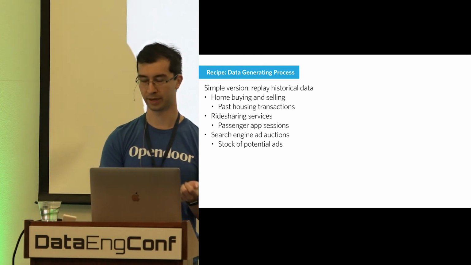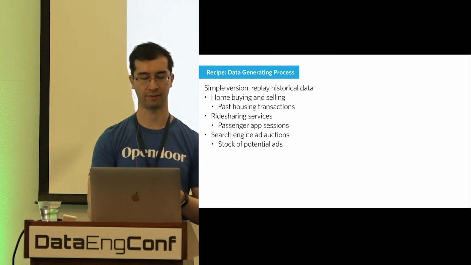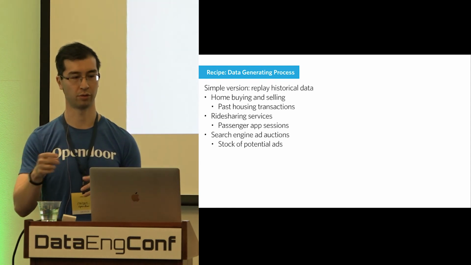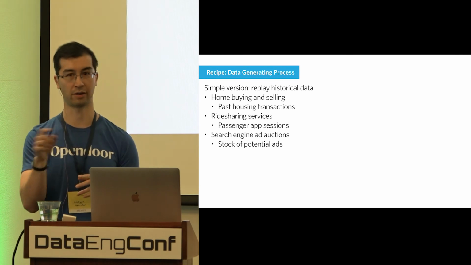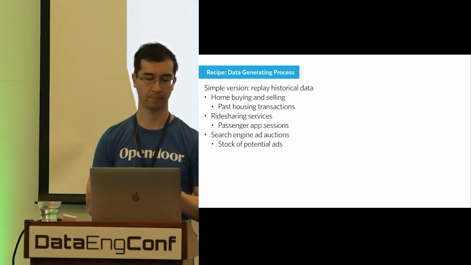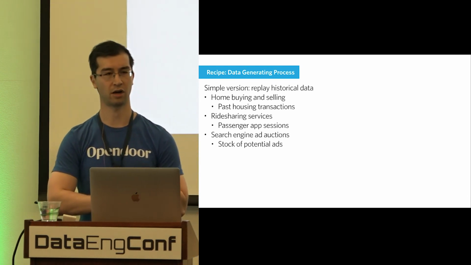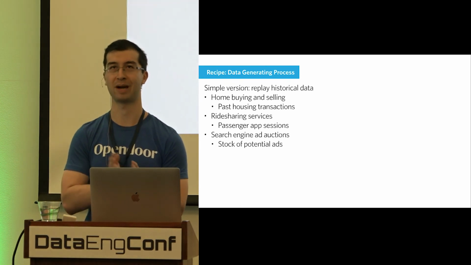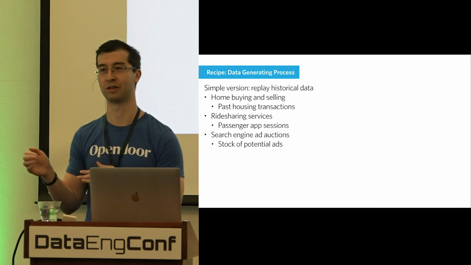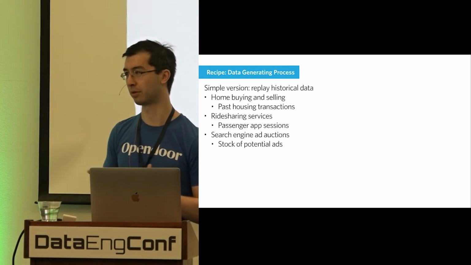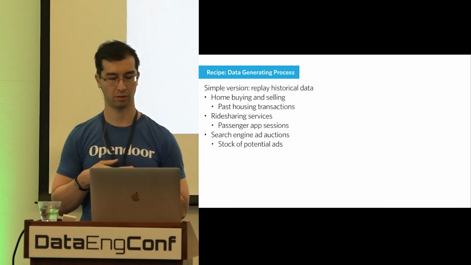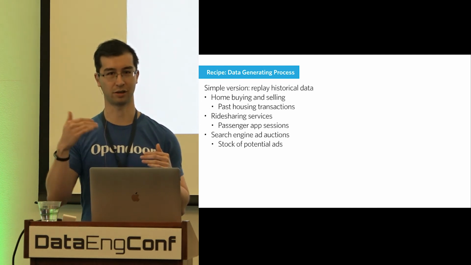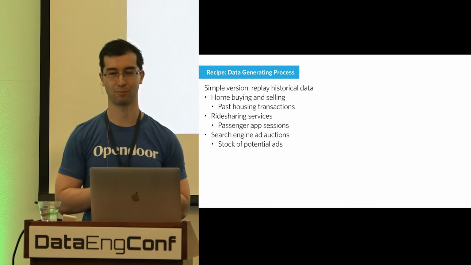If you're Google or Bing, you similarly have people searching, you have search sessions. So what terms are people searching for, how do they navigate, and so on. And you also have the stock of potential ads that could have shown but possibly did not show, but might under a given perturbation of the auction if you had boosted the bid, for instance. So simple version, I think, is people have logs. You can just iterate over the logs. That's pretty good.